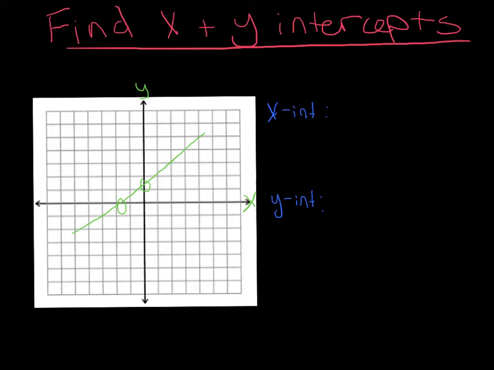So for the x-intercept right here, the one thing we know for sure, in every case, the y coordinate is going to equal 0, because it has to cross that axis. Similarly, for the y-intercept, no matter what the line, we know that x will equal 0 at that point. So using this information,